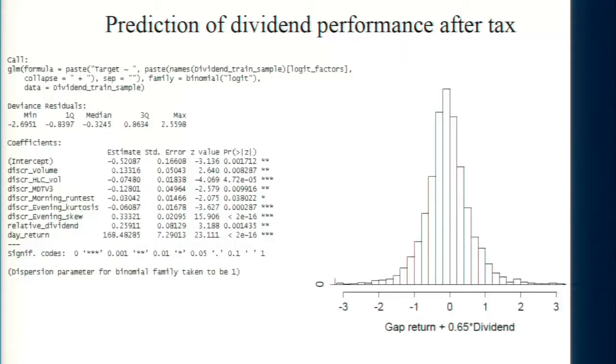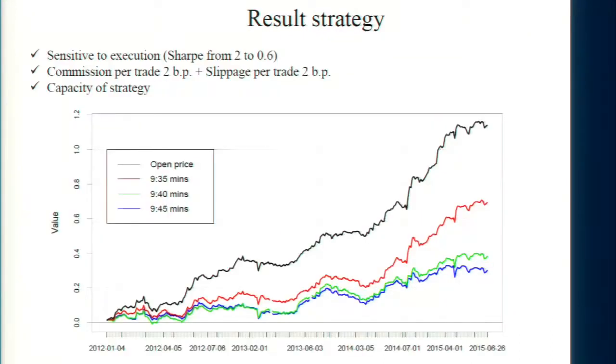So we created logistic regressions with some factors related, for example, to relative dividend size, or volatility. And so what we have now is a strategy with Sharpe equal to 2. But the problem with such strategies is that